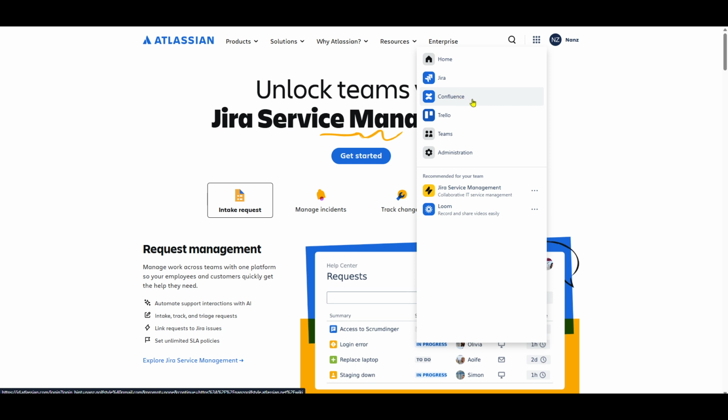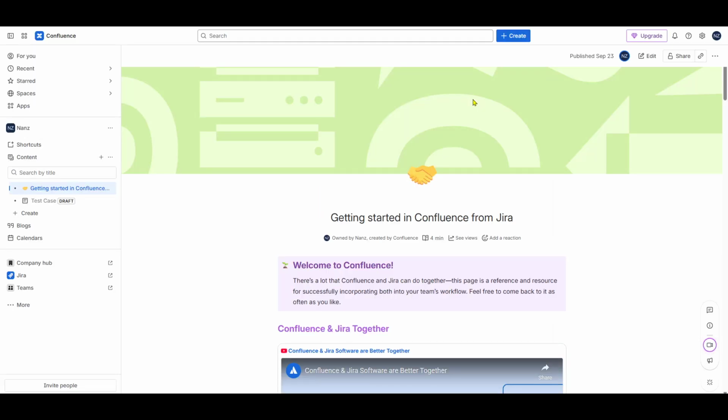Now that you're in Confluence, you'll want to find the page where your table is located. Move your cursor towards the Pages section and click on Page to open up a list of available pages. If you have lots of content, use search or filter tools to locate the specific page faster. Once you've found the correct page, go ahead and click it to open.